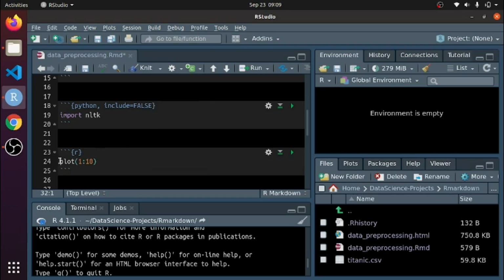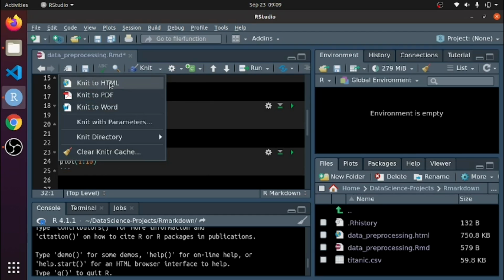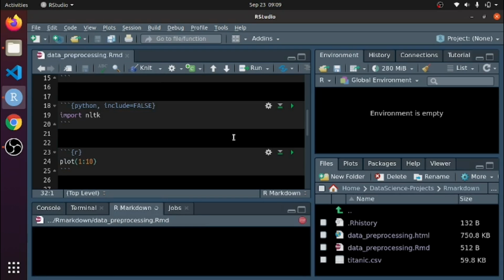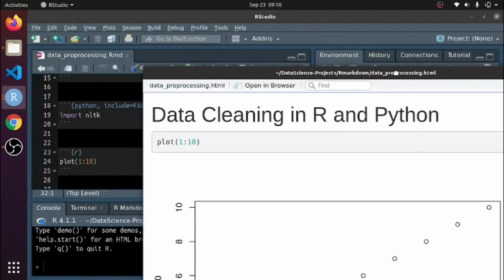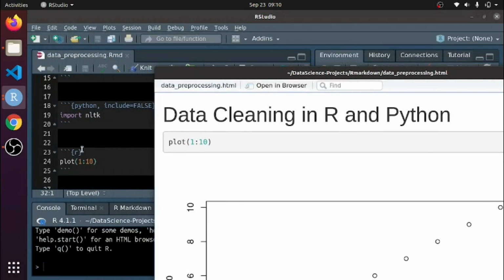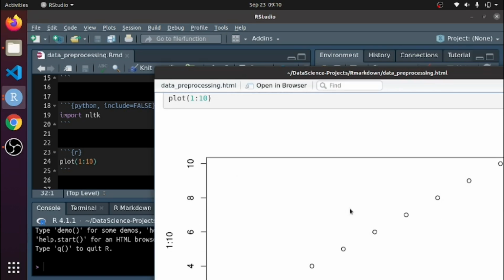So I just write the simple R code, plot. Then I just rendered it to HTML. So this is my rendered result. By default it shows the code, like plot. This is the R code and this is the resulting plot.